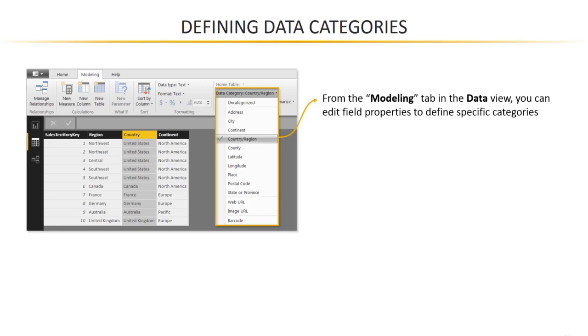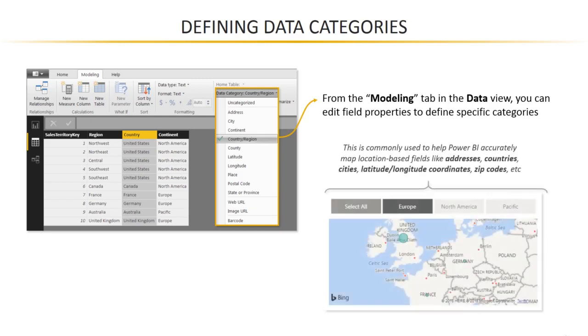And many of these categories that you see here are geographical in nature. They capture things like addresses, cities, latitudes, longitudes, etc. The purpose here is that categorizing your data in this way, especially geospatial data, helps Power BI accurately map and visualize those location-based fields, those things like addresses, countries, continents, zip codes, etc. So let's head back to our AdventureWorks report, and I'm going to show you a couple examples of how we